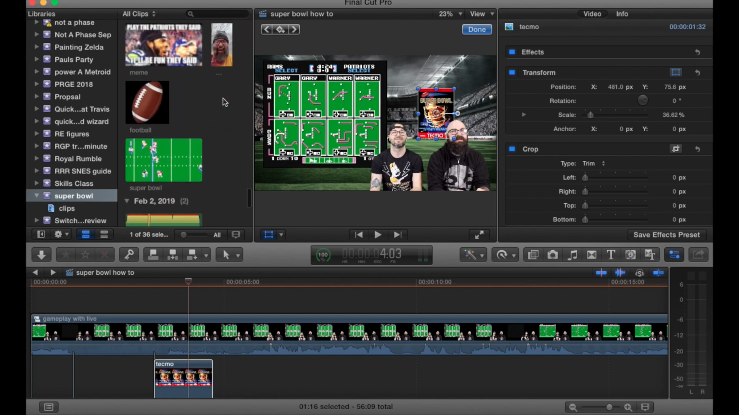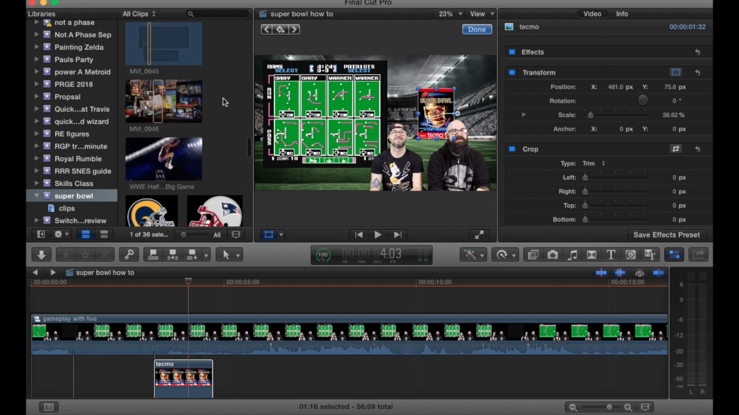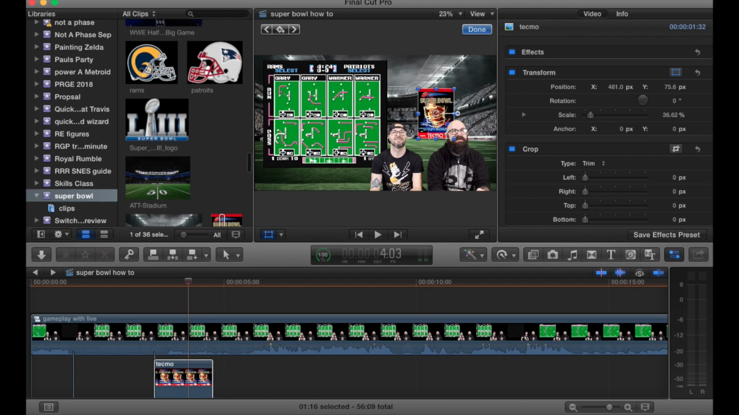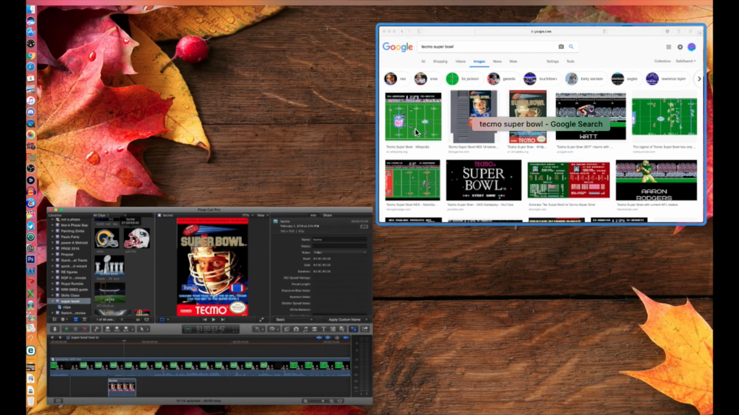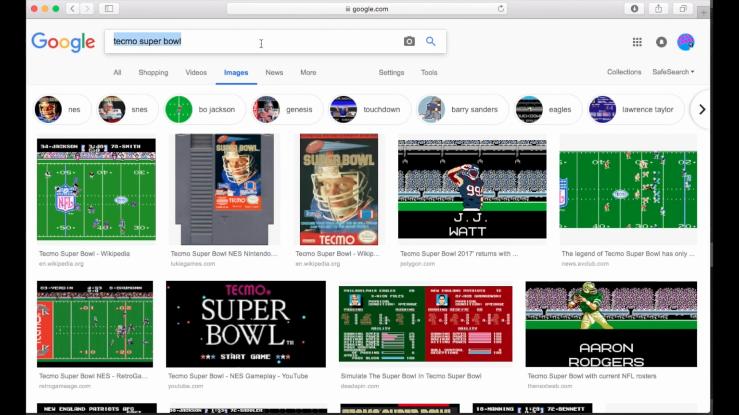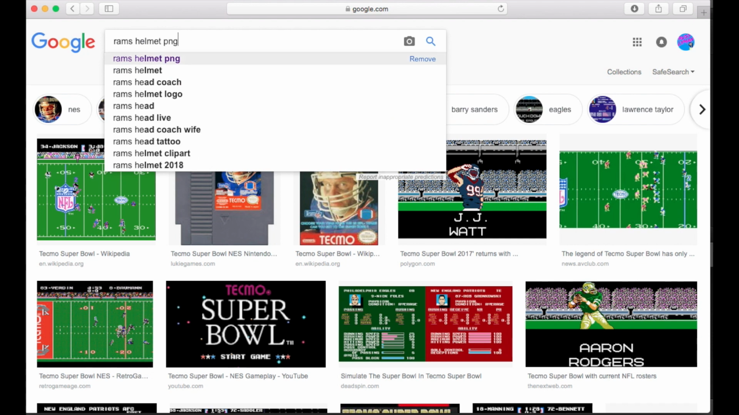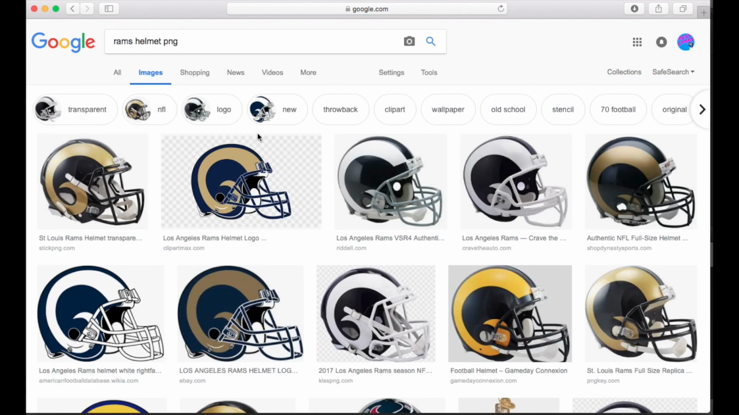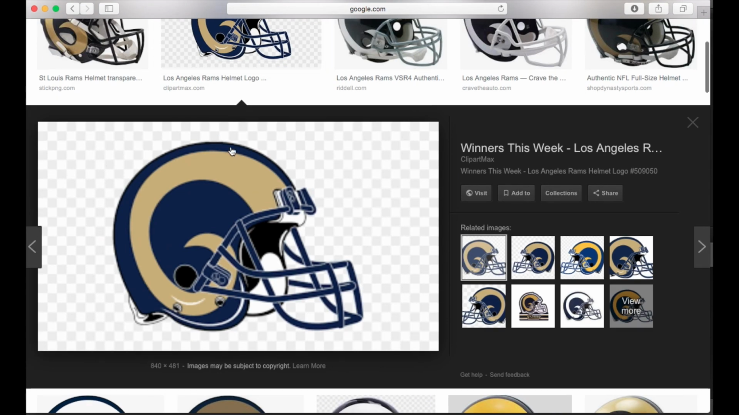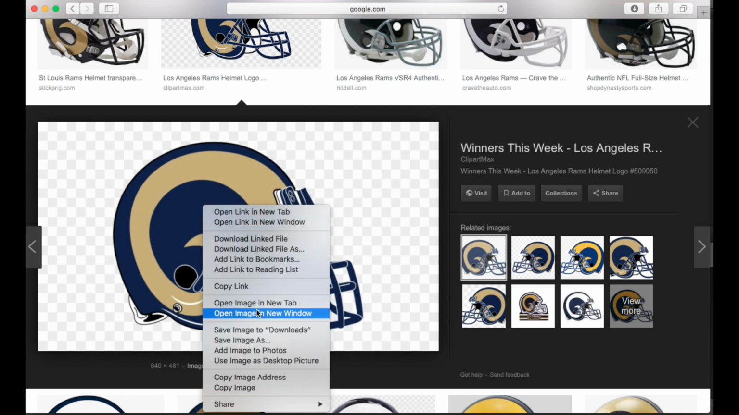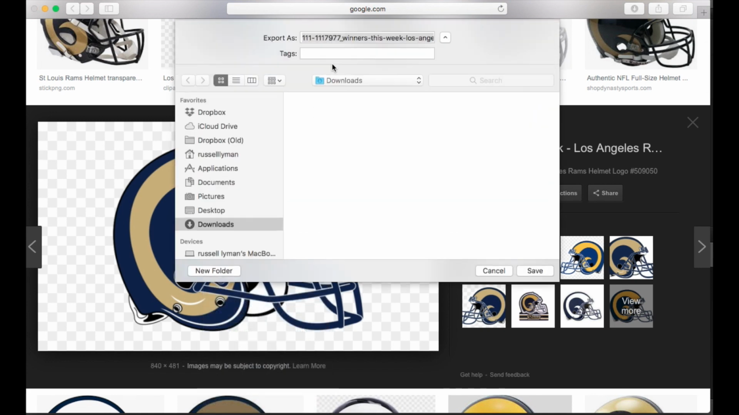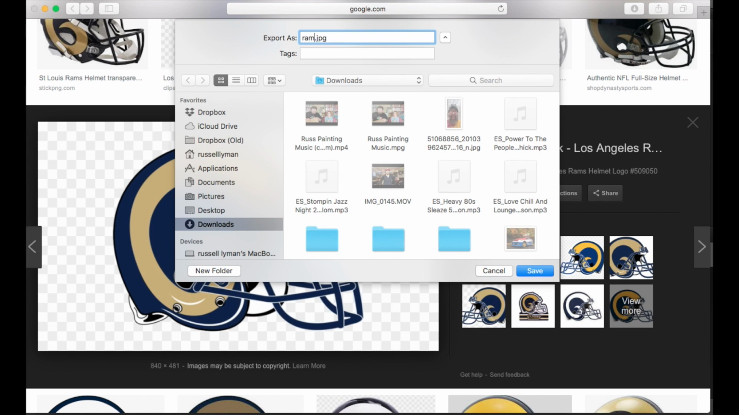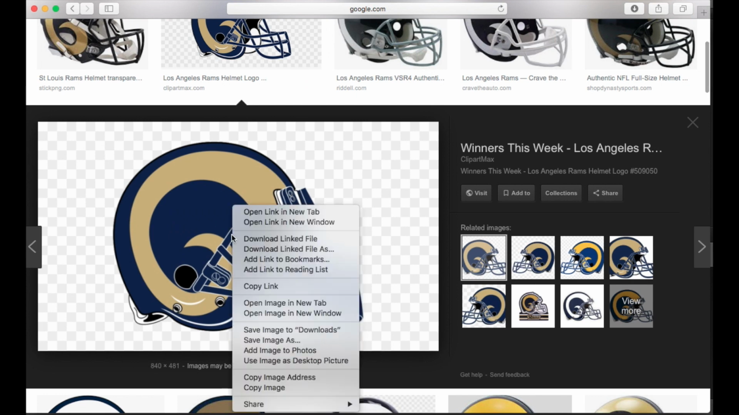Then all I did to get the helmets, we have the helmets right here, is search Rams helmet PNG. This way it won't have a background. Just save it as a PNG. Save as, and you sometimes have to make sure it's a PNG. Right here, it's actually a JPEG. So what we can do is copy it and then